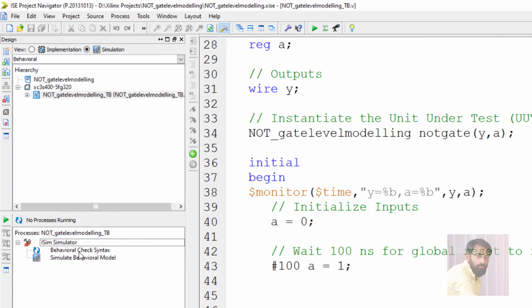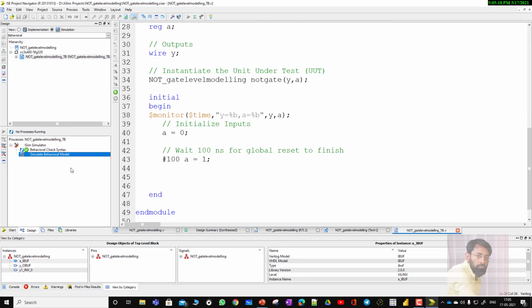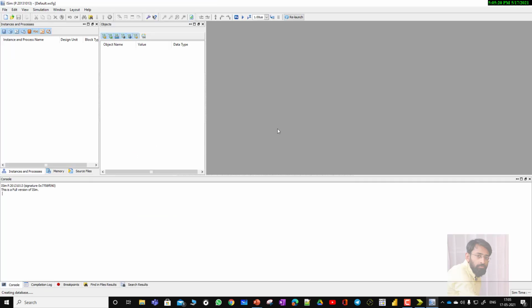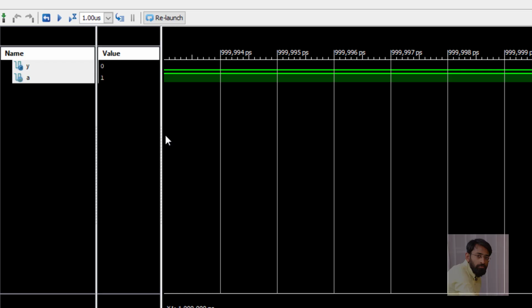elaborate ISim simulator, double click on behavioral check syntax. It is working fine. Next, click on simulate behavioral model. Here we are able to see the result. Let us see whether it is correct or wrong.